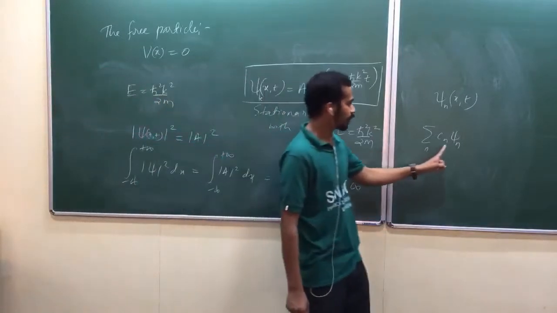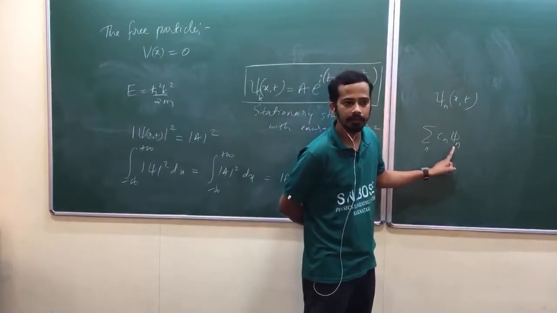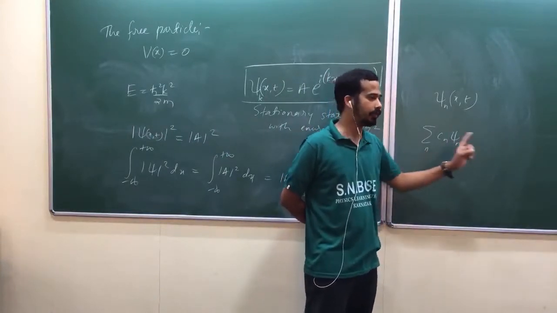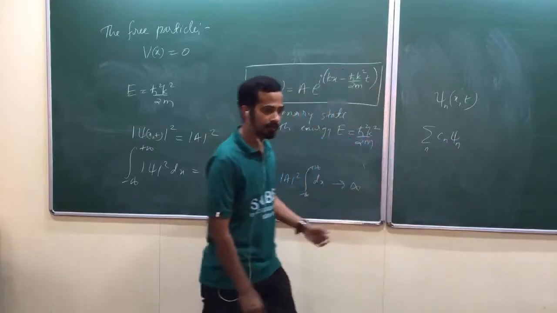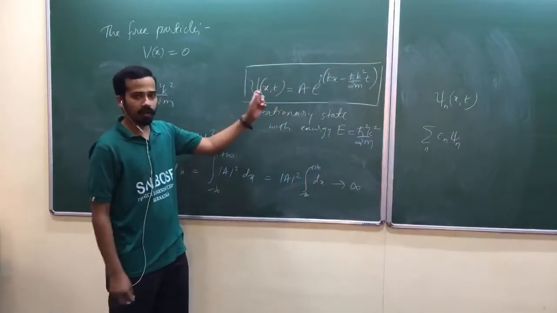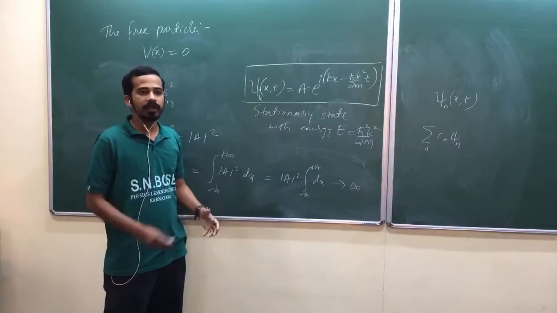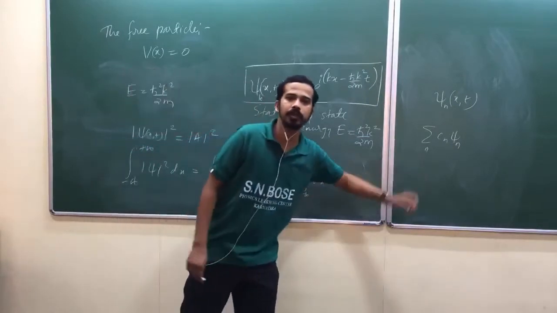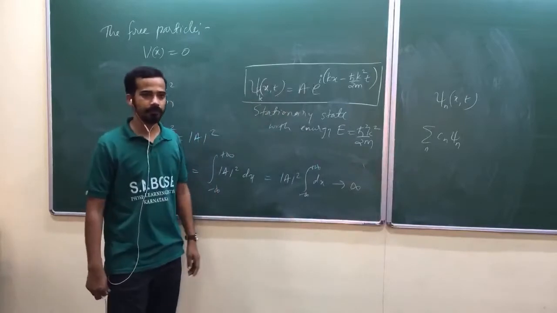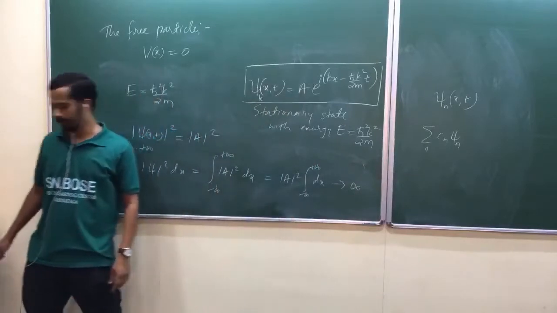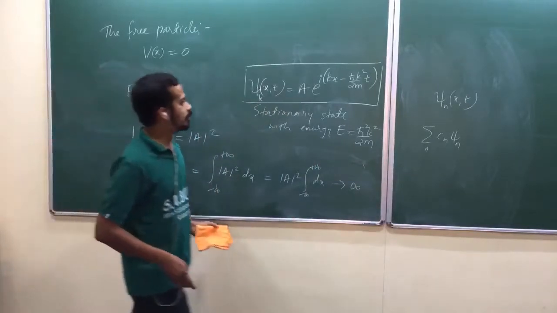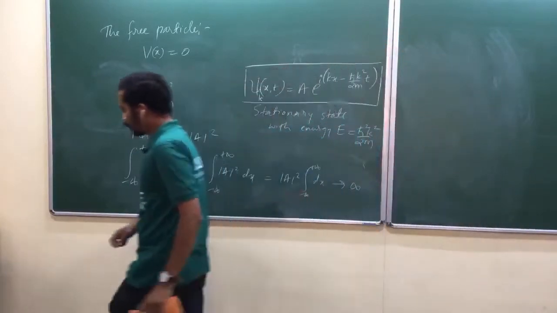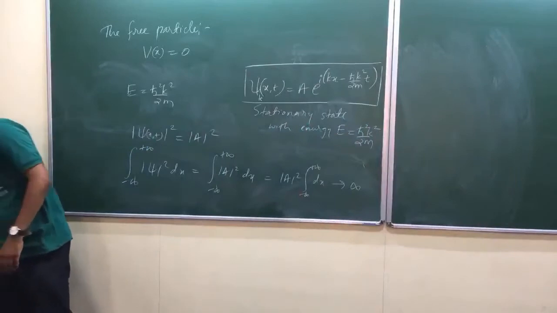You have done the linear combination of different energy states, am I right? Psi 1, psi 2, psi 3, different energy states. Psi 1 has energy E1, psi 2 has energy E2. Similarly, we can make a linear combination of these, but that will become continuous. That will not become summation. That will become integration. Are you getting my point? So now you can make a linear combination of them. So it is done like this.